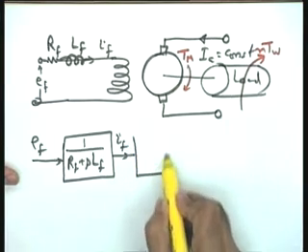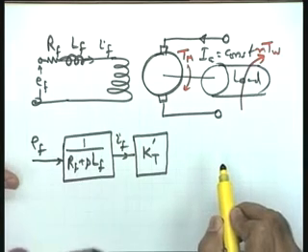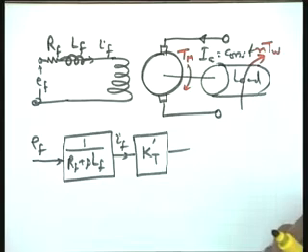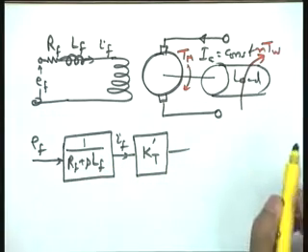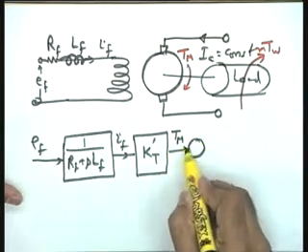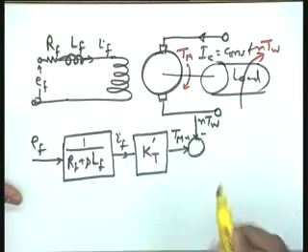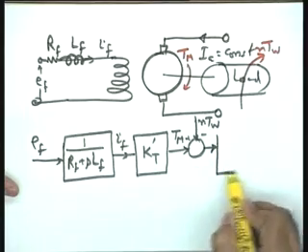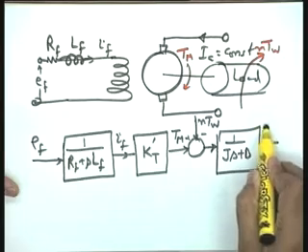Now, this IF is multiplied by a torque constant, let me put it KT dash only to differentiate it from the earlier torque constant. Since in this particular case the armature current is constant, the torque is directly proportional to the field current. So, this gives me the value of the torque Tm. At this particular point I can add NTW algebraically, which is the disturbance torque. This is the net torque available for driving the load, and here I can put the load parameter 1 over Js plus B, and I get the value of omega.